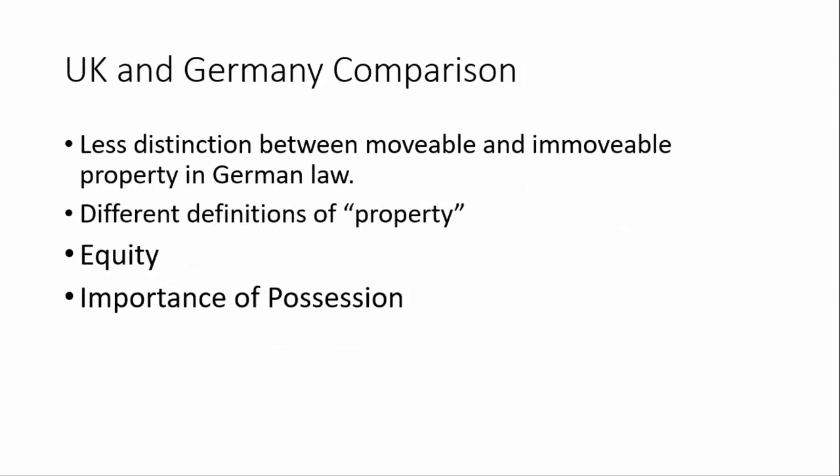There are a number of key differences and similarities between the law of the UK and German law. Because both legal systems have been heavily influenced by Roman law, they share the idea of the separation of movable and immovable property. One of the key points between the systems of law is the transfer of property. This is known in German law as the abstraction principle, wherein ownership is not transferred by the contract of sale, but instead this merely obliges that the transfer and payment take place.